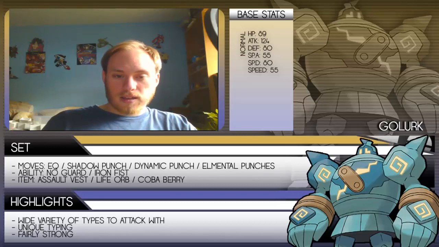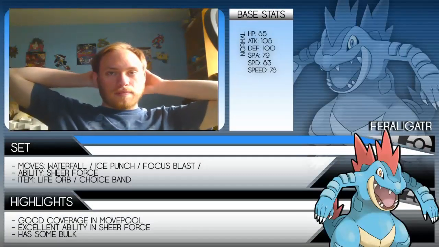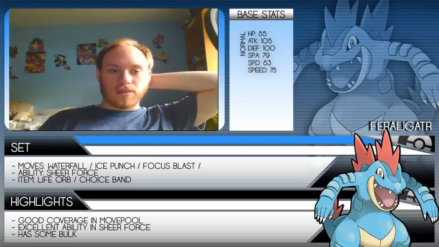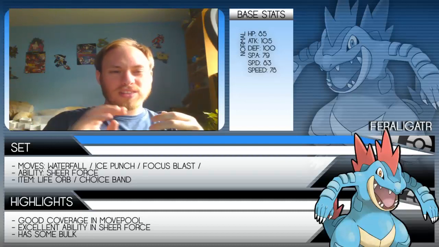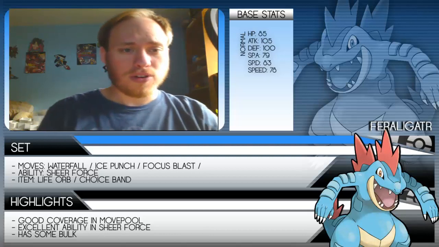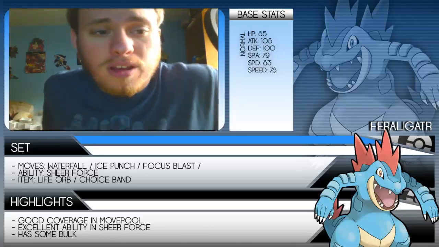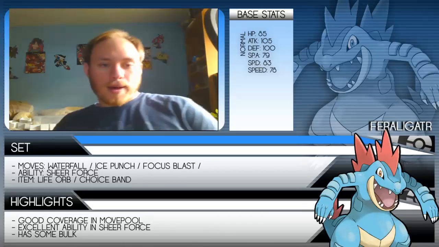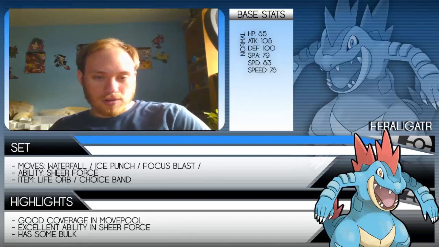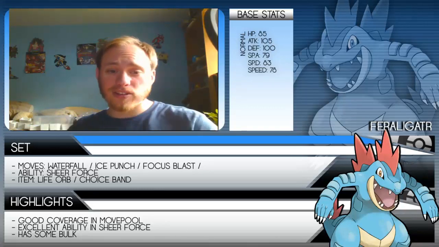Alright, and then right after that, I picked Feraligatr. Now, Feraligatr seems weird, but I needed a water type, because there were a few fire types going on, not just fire types, I mean, but like there's Talonflame going on, there was a Terrakion, there was obviously the Charizard, both Charizards actually got drafted, there's a Heatran, there's a lot of things that I needed a water type for. And the more I thought about it, the more I realized that Feraligatr actually is a really good, solid choice